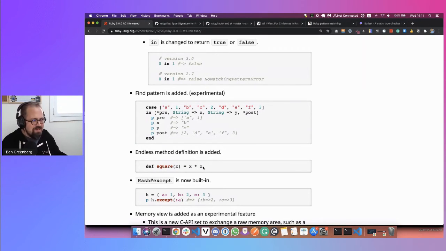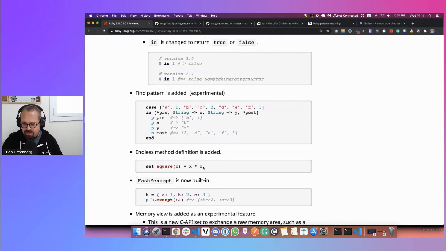Now you can have a method without signifying end. This is Ruby, not Python. We don't need it. I don't understand. I love Python too. I think Python's a beautiful language, but let Python have its endless methods. We don't need endless methods in Ruby. That's where I fall on this conversation. Our opinion was overruled clearly by the Ruby language folks, but it's there.